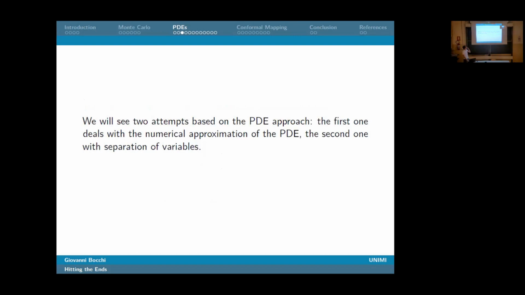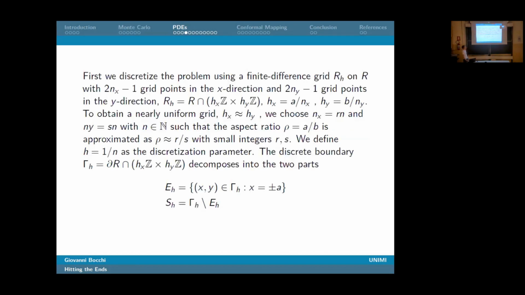And as I said, we will see 2 approaches, the first one numerical, and the second one based on the separation of variables. So the first one is numerical, so we will discretize the problem using a finite difference approach. So on a grid R_h, which discretizes the rectangle R, and which is made of 2n_x minus 1 points in the x direction and 2n_y minus 1 points in the y direction. And we will obtain essentially the discretized version of our rectangle, intersecting the rectangle with essentially a lattice